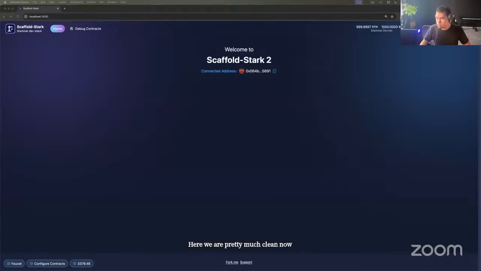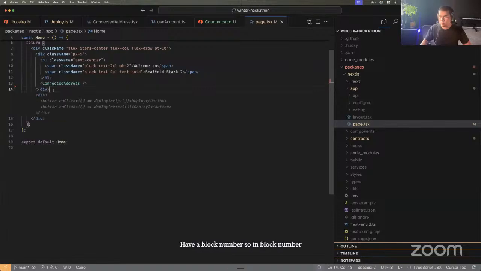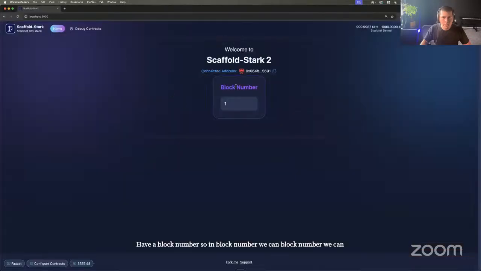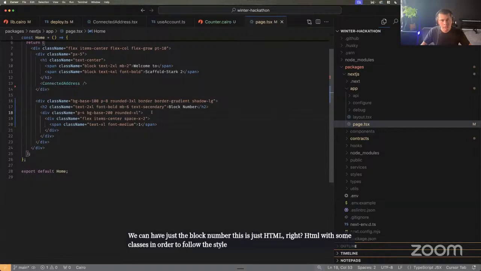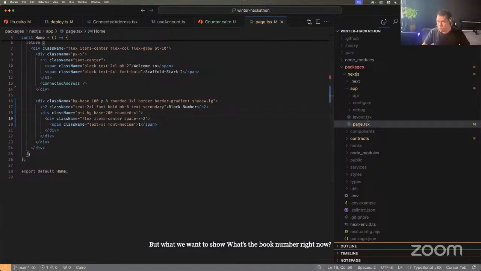Now let's, for example, have a block number. So in block number, we can have just the block number. This is just HTML, right? HTML with some classes in order to follow the style of Scaffold. But what we want to show here is what's the block number right now, okay? So for that, we will need to get